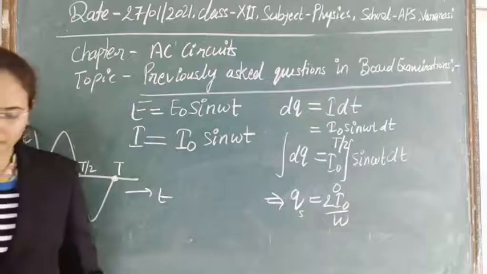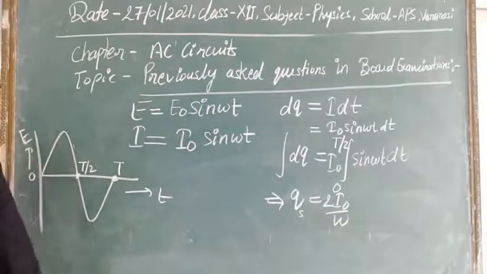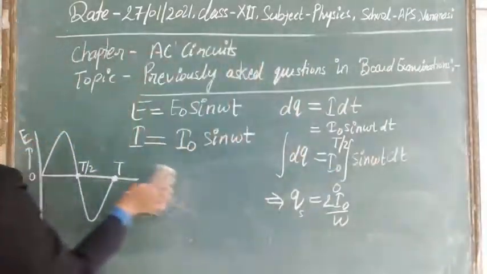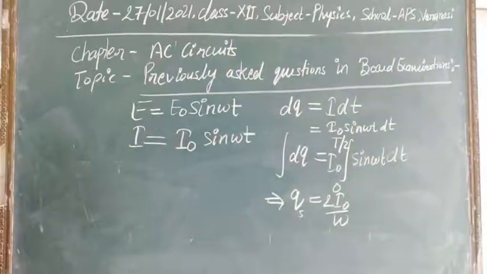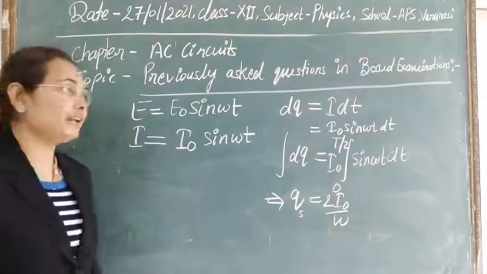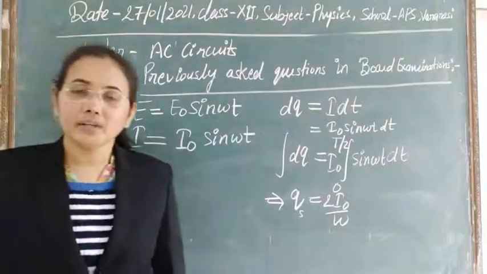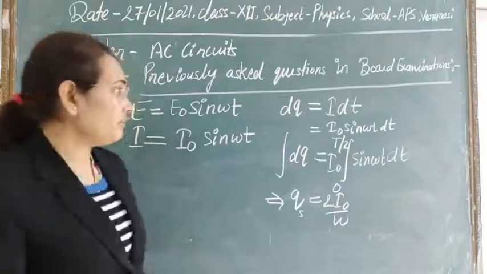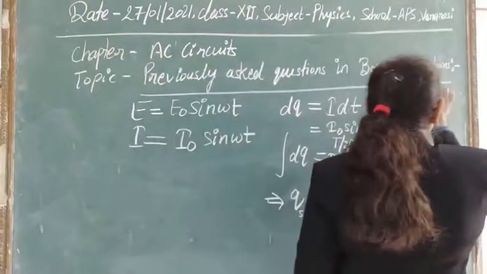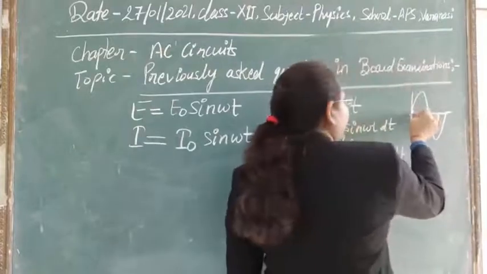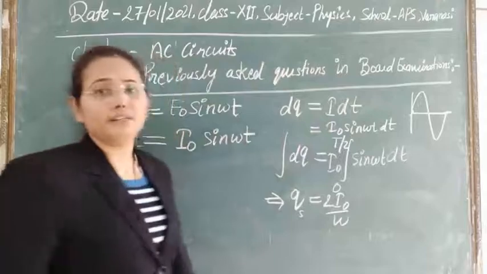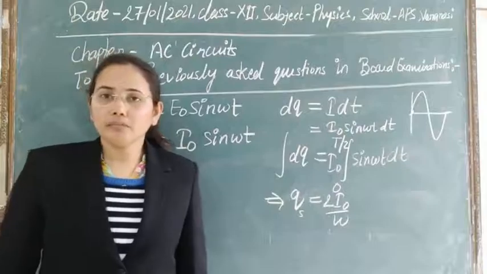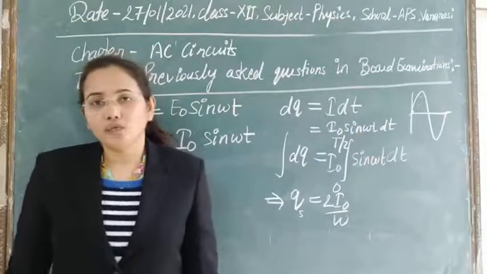Next thing, if we have to calculate the charge sent by the AC over the half cycle using the mean value of current over the cycle, that is Im. At different instants it will have different current. So if Im is the mean value of that current, then we can calculate the overall mean charge sent over a half cycle.